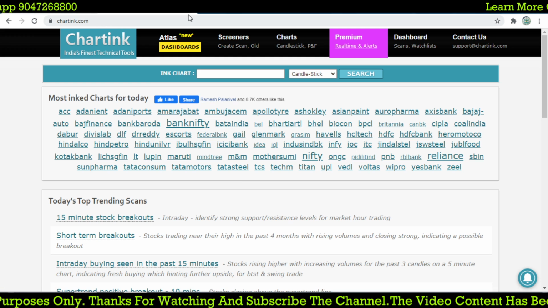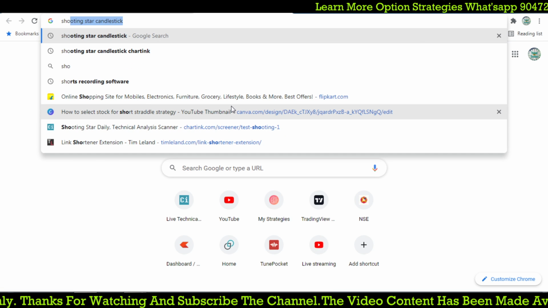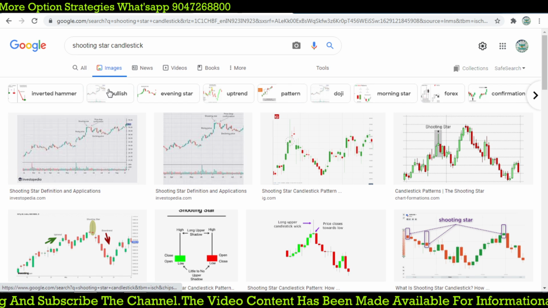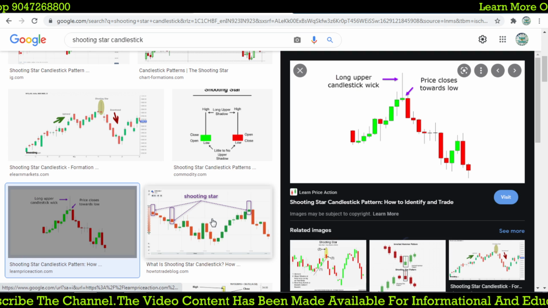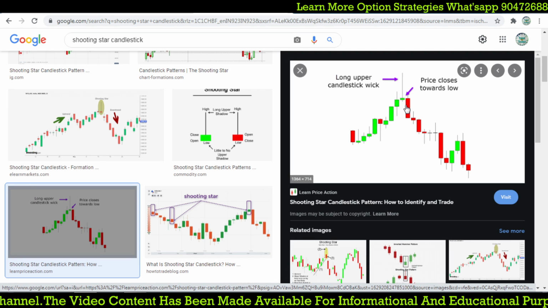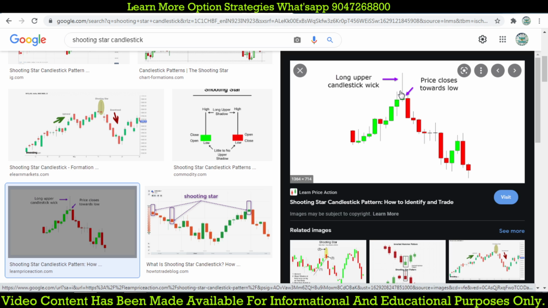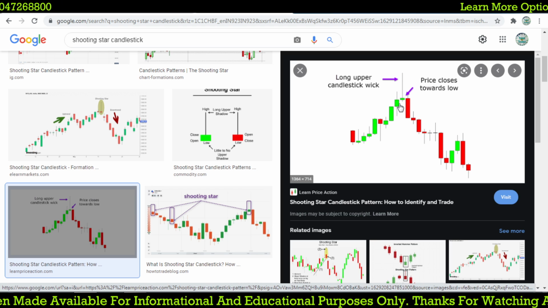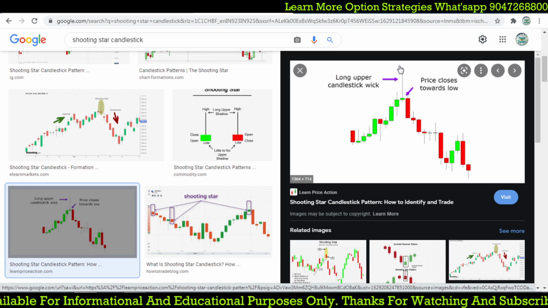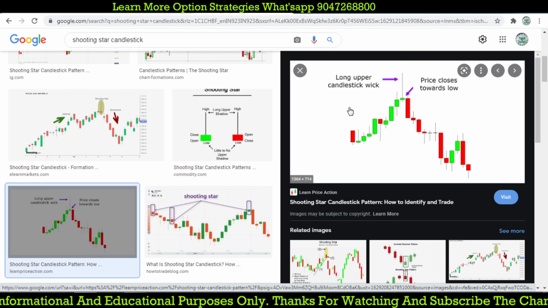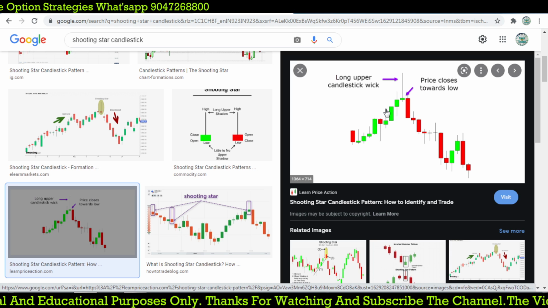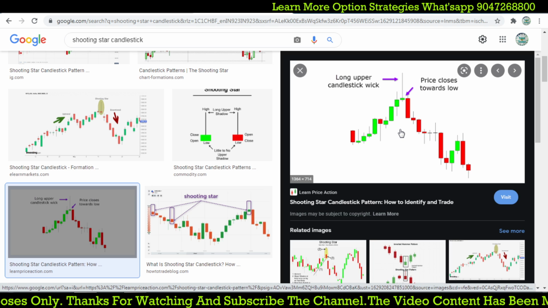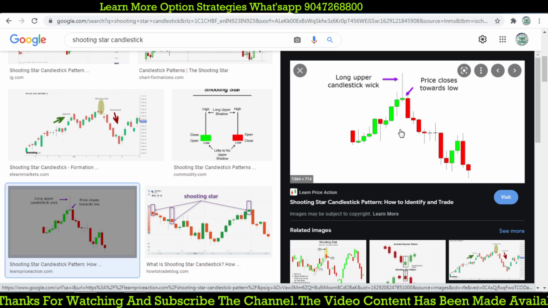Okay, so the candlestick which I am going to take is the shooting star candlestick. So what is a shooting star candlestick? If you check, whenever it forms at a highest level, there will be a reversal in the market. The long price rejection at the day or swing high level may confirm that there is a possibility of the trend changing from the previous trend. So that is why I'm going to take the shooting star candle, and using it as a scanner in charting may give you a great result.